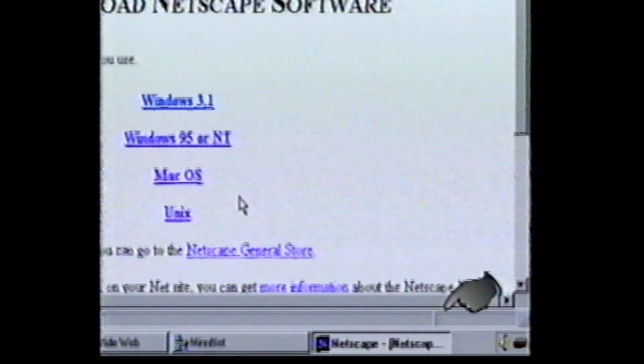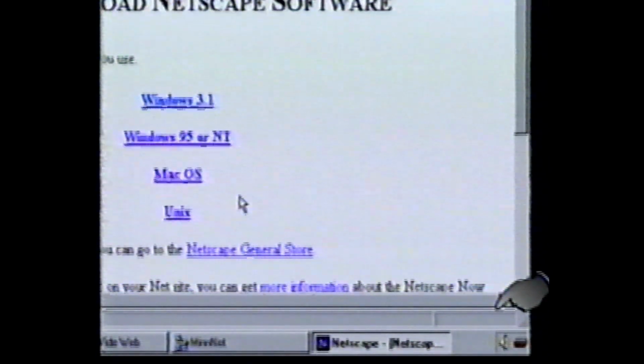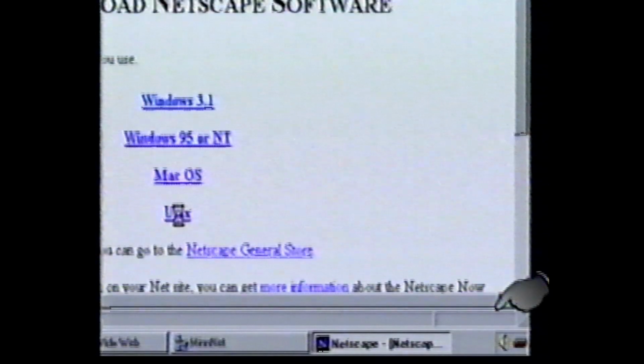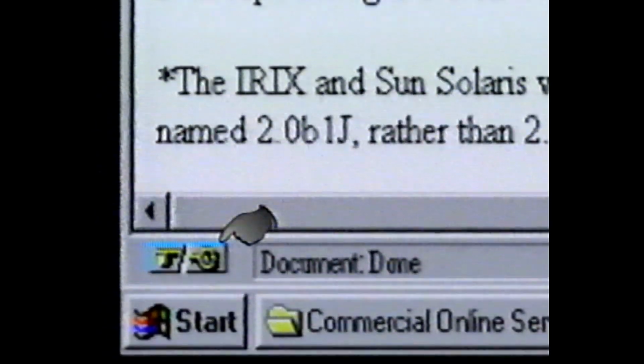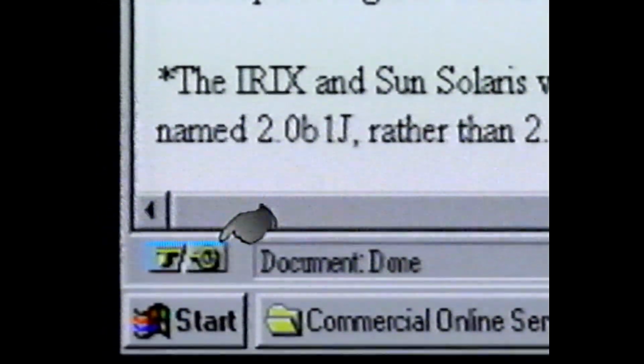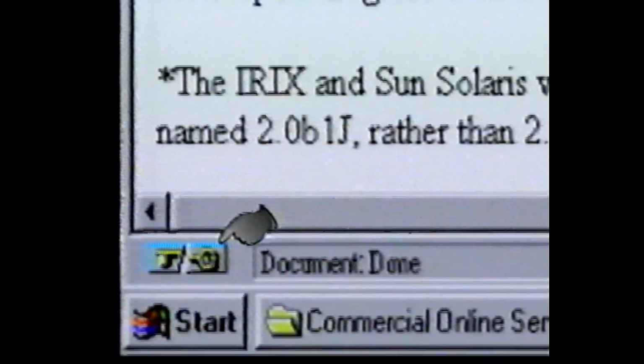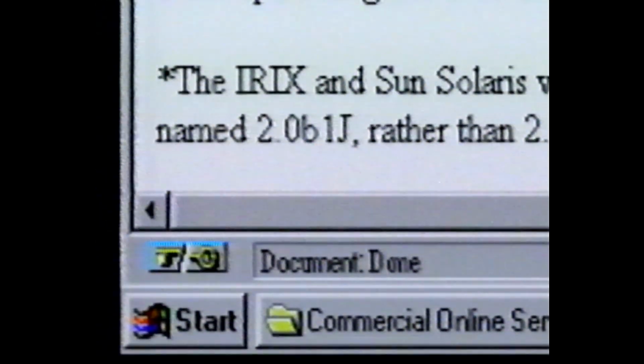To the right of the progress bar is the thermometer bar. This is a different kind of activity indicator. We click on the hypertext word Unix. The thermometer bar gives us an idea of how long our request will take. The broken key to the left of the progress bar becomes an unbroken key when we have accessed an encrypted document. A document that has been encrypted prevents others from accessing any sensitive information we may enter into a web page, such as a credit card number.